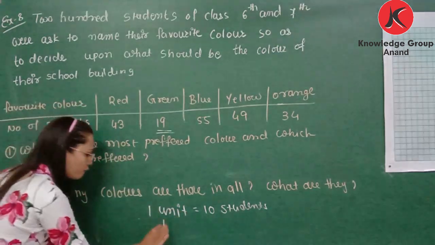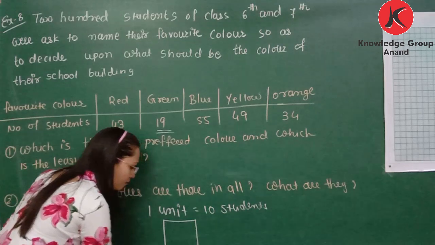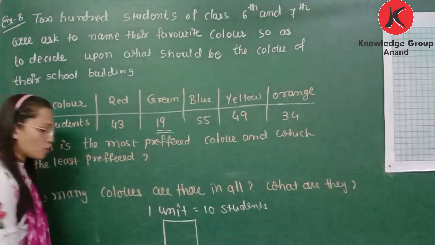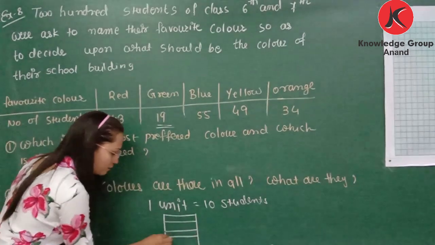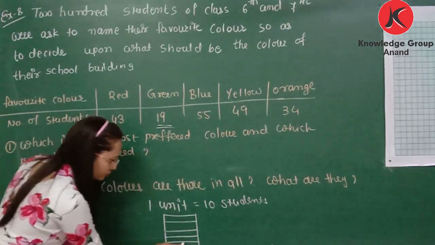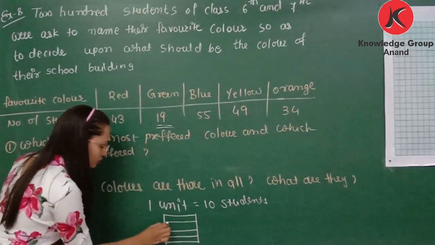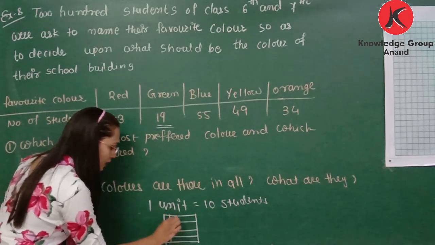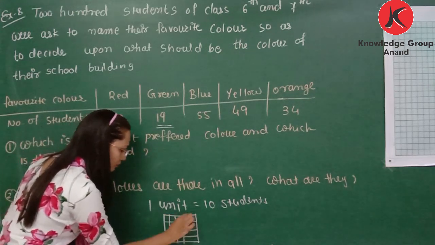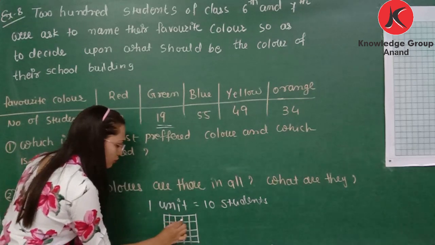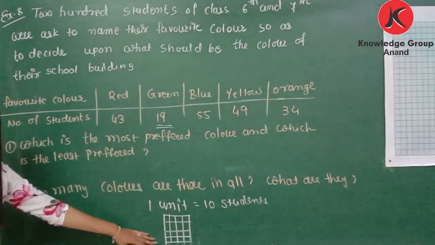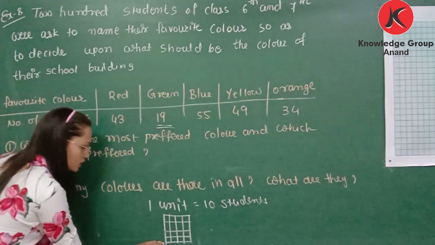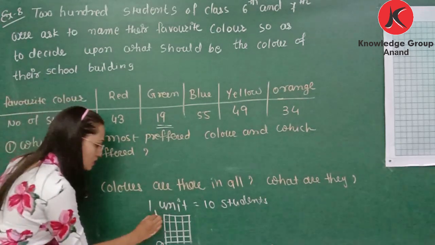Now if we have a 5 by 5 graph, then this is one box of 5 by 5, and then 5 horizontal lines between them and 5 vertical lines will be there. 1, 2, 3, 4, 5. Okay, let's represent this. So here our origin is there, and this is 10.